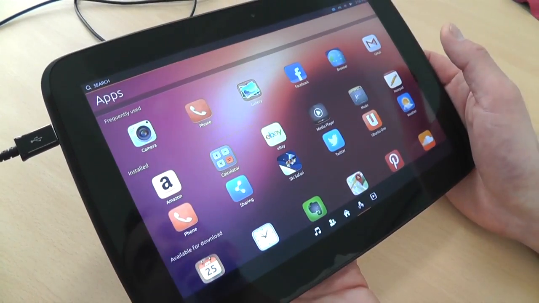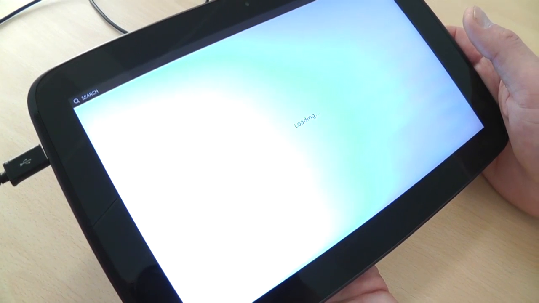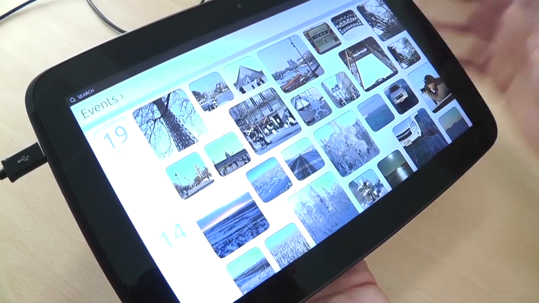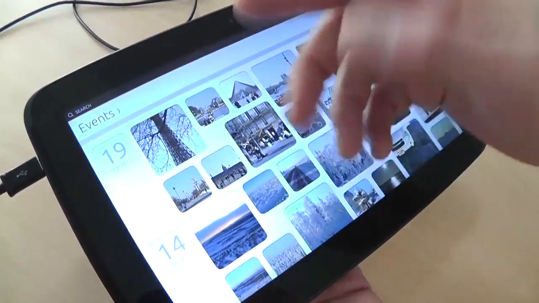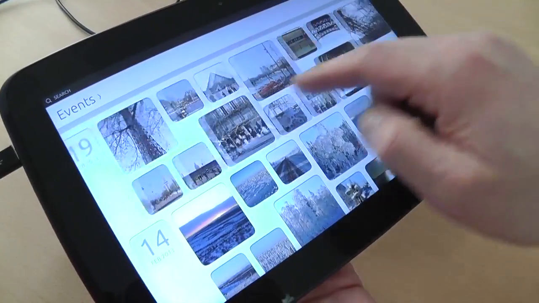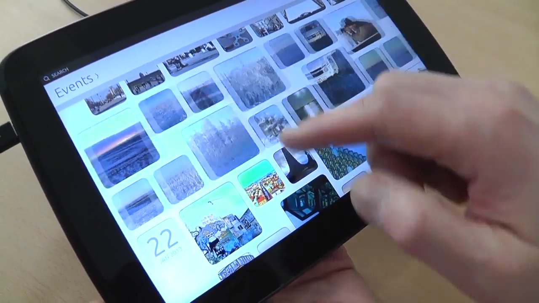Another thing that will work is photos. You can put your photos into the photo repository and launch Gallery. While doing so, you'll be able to view your photos in this beautiful view. This is the Events tab. It's organized on your timeline, and then you can browse events, which are specific occurrences of photos